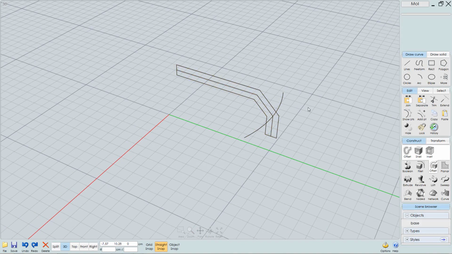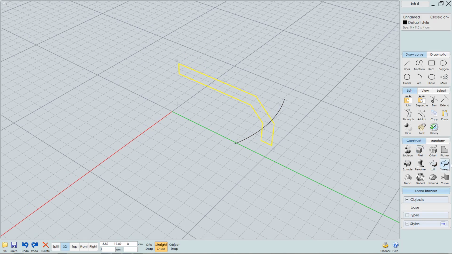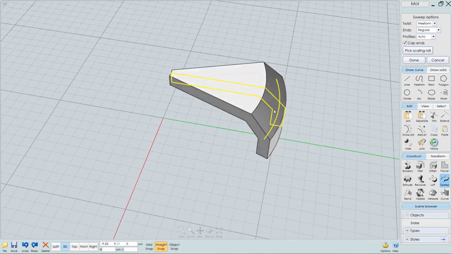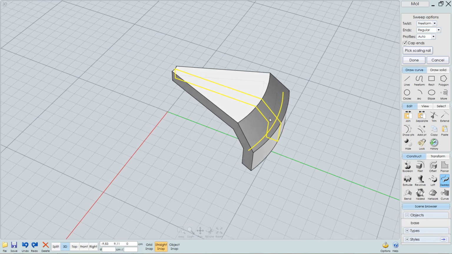We can now get rid of this original curve here and now I want to sweep this profile along that path. So what I'll do is I'll select this curve here and under construct we have a sweep option, and if I click that I need to select a rail, and the rail is what in Cinema 4D would be a path spline, so it's this one here, and I can right click to confirm the operation, and in this case it's working, but it's not exactly what I want, because